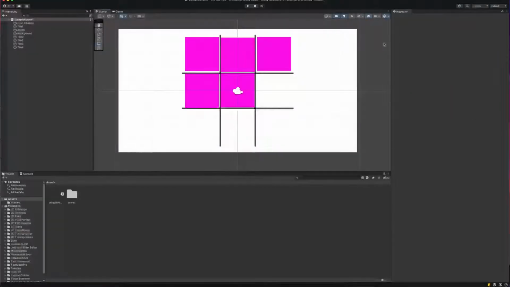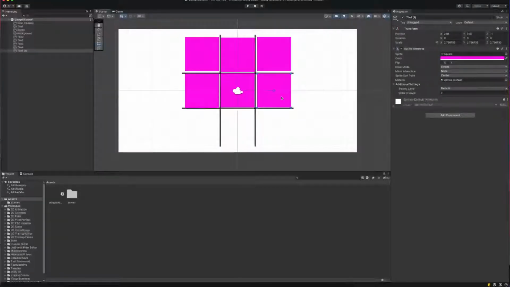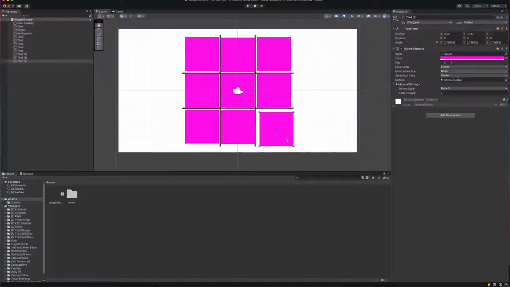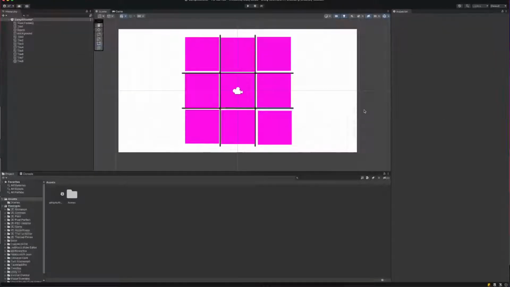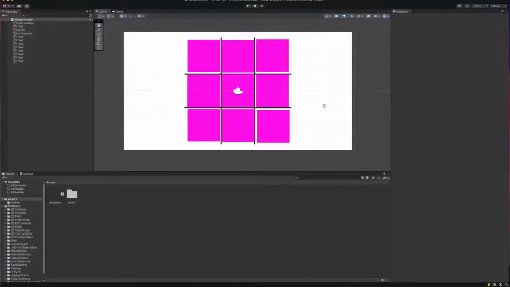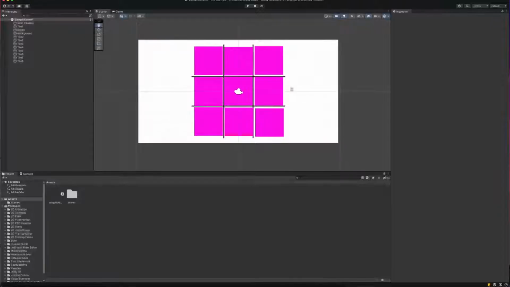I have no idea if this is a good idea. Tile 5. Okay, so this one is gonna be tile 6, tile 7, and tile 8. Okay, perfect. Now, what we need to do next is we need to make sure that our board has the